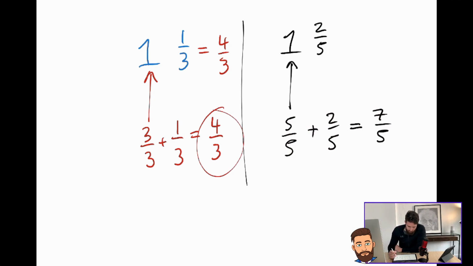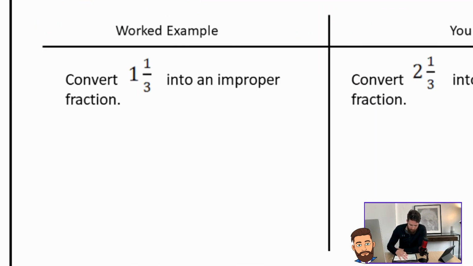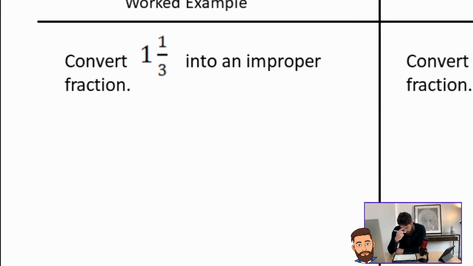But the method, you don't want to be doing this every time. It's not very effective. Mathematicians, very lazy. The quicker we can do something, the better. So the method to do this is essentially, we've got 3 times the 1, and that's how we're getting this. And here we've got 5 times the 1, and that's how we're getting this. So if we go back to your worksheet, the method to convert a mixed number into an improper fraction is,